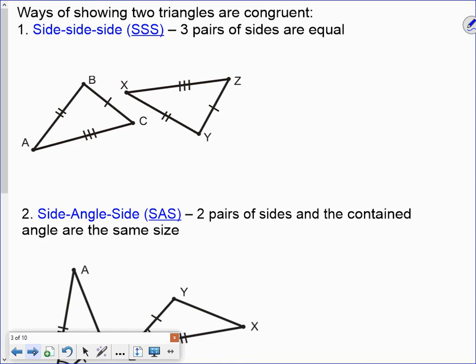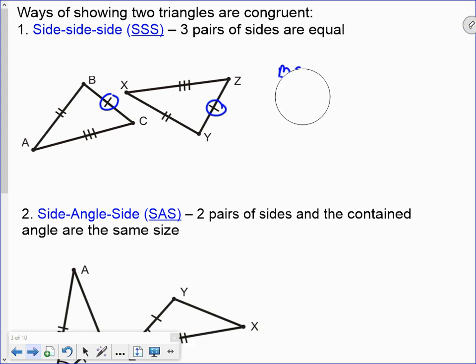There are a few ways of showing that two triangles are congruent. One is called the side-side-side method, or just SSS. If there are three pairs of sides between our two triangles that are equal, then the two triangles are going to be congruent. So in these two triangles that we have here, we can see that first off,